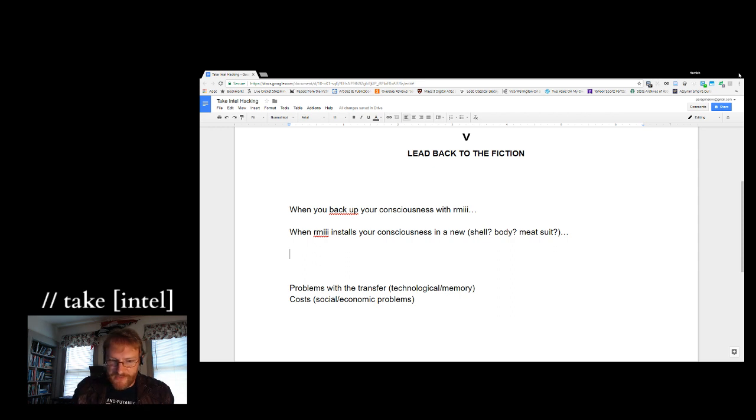And so these problems with transferring costs are sort of general things. You could put those as outcomes: when RMII installs your consciousness in a new body, pick one. There are problems with the transfer, there are costs. Okay, and that would be the kind of really broad